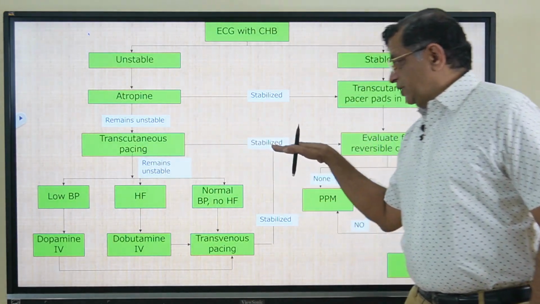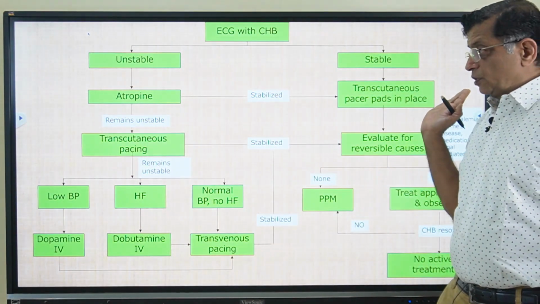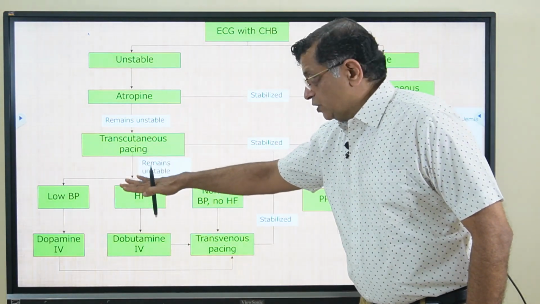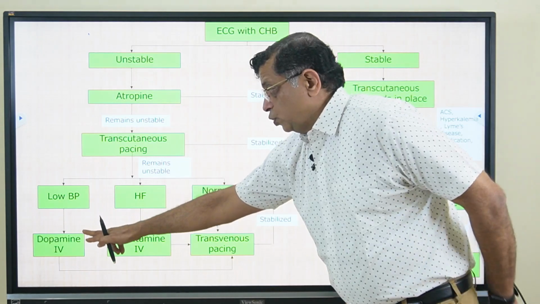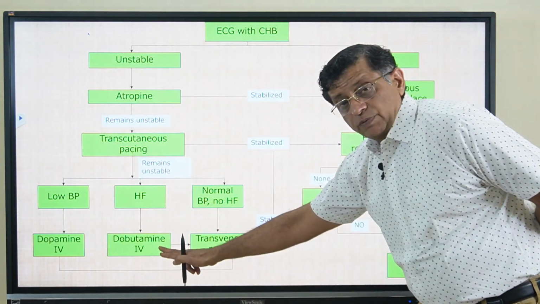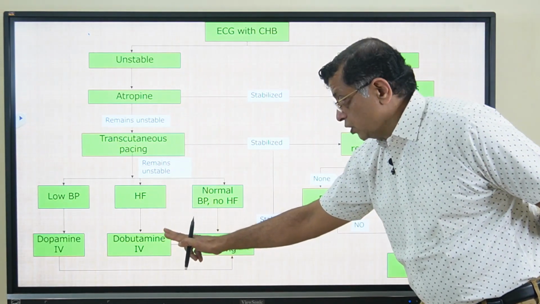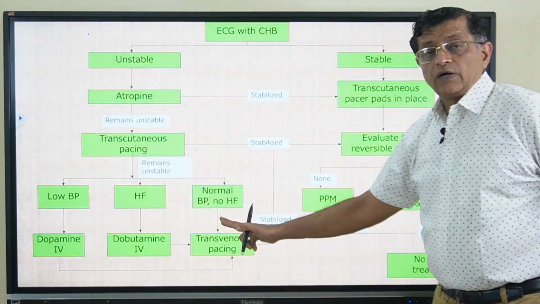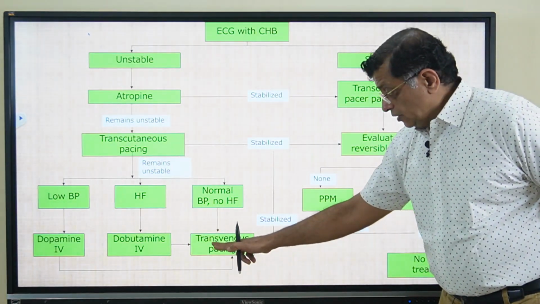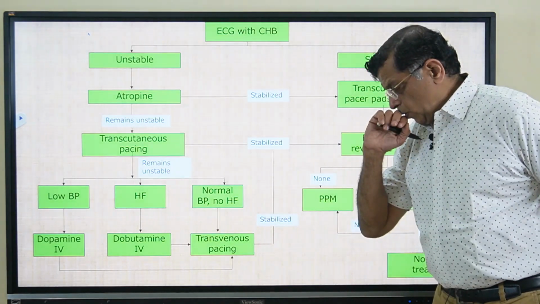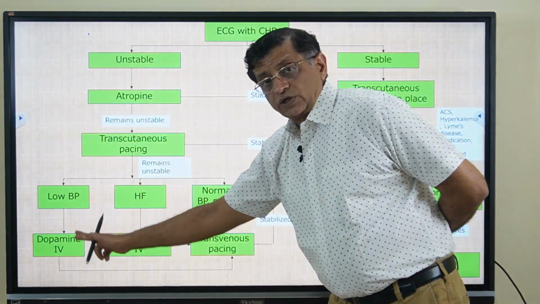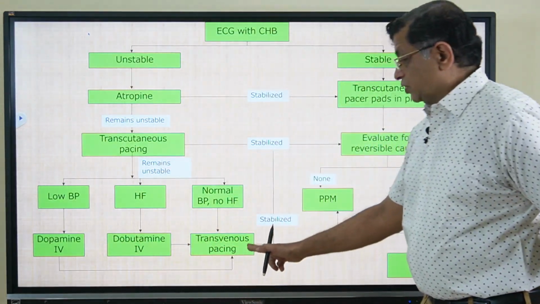If the patient gets stabilized, again look for the reversible causes. If the patient again remains unstable in spite of transcutaneous pacing, then you can start dopamine if the patient has hypotension, or you can start dobutamine if the patient has evidence of heart failure, or if BP and heart rate both are normal and there is no heart failure, then you can do transvenous pacing. So even in this class, if the patient does not get stabilized very early, then you can do transvenous pacing